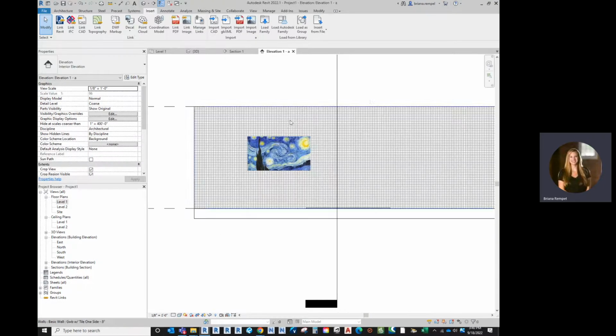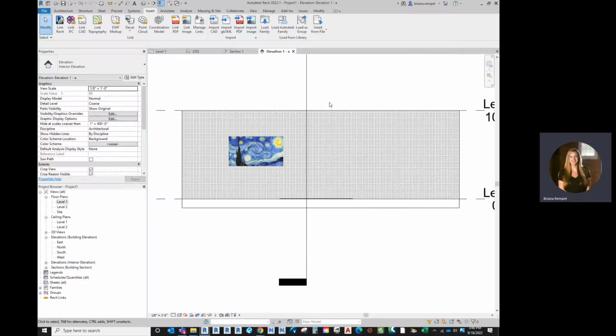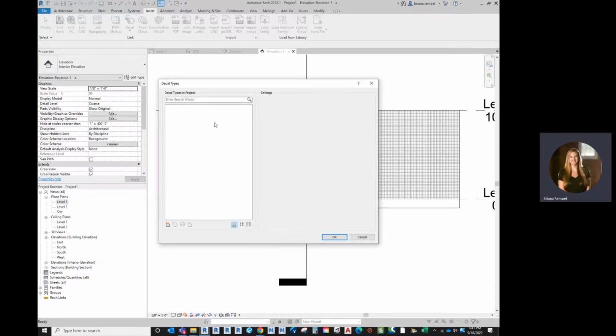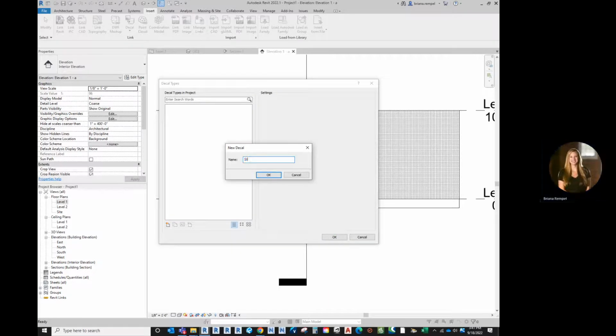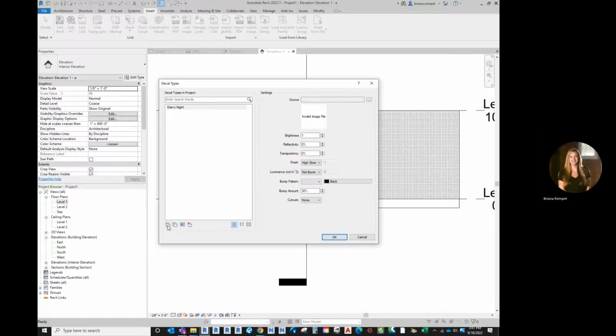So if I wanted to do something like a piece of artwork in a 3D sense, something that would render, we'll talk about rendering later, but for that, I would want to use a decal. So I'm going to go to the Insert tab on the right, Decal. I'm going to place decal. I haven't made one yet, so I'm going to go ahead and click create new decal. I will give it a name,